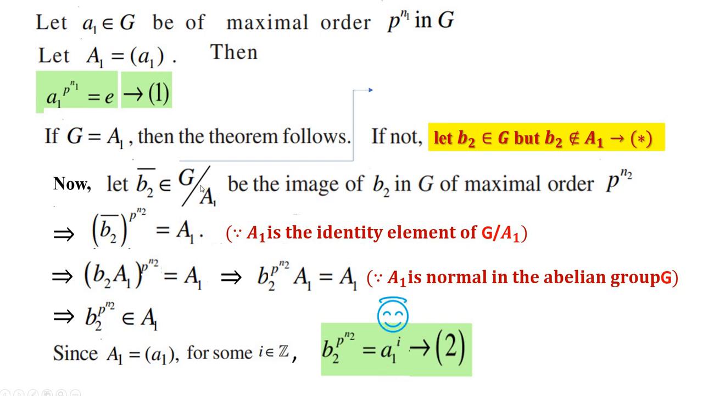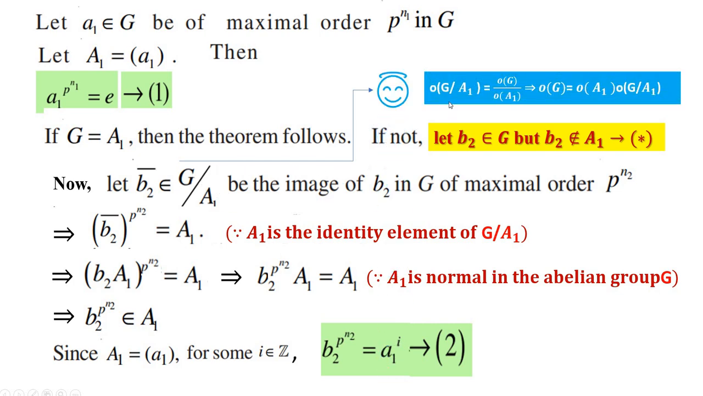The motivation behind this is, when we consider the order of G mod A1, since G is a finite abelian group, we have order of G divided by order of A1, and cross multiplying we have order of G equal to order of A1 times order of G mod A1. So if G equals A1, then the order of G will be equal to the order of A1, so there is no need to consider this. But since G is not equal to A1, this one arises. That motivates us to consider b2 bar in G mod A1,